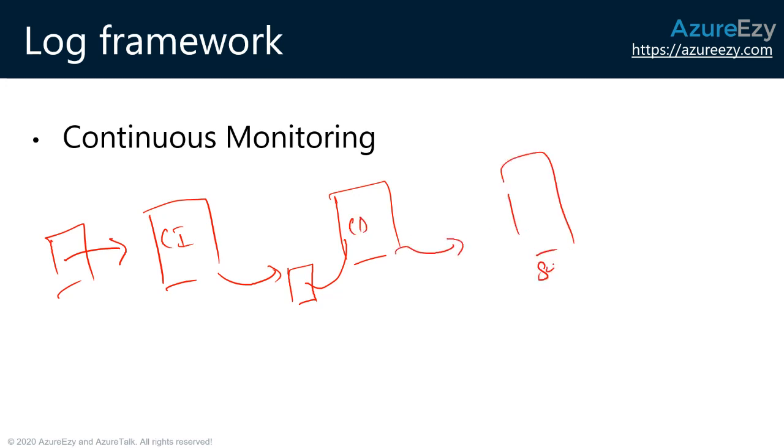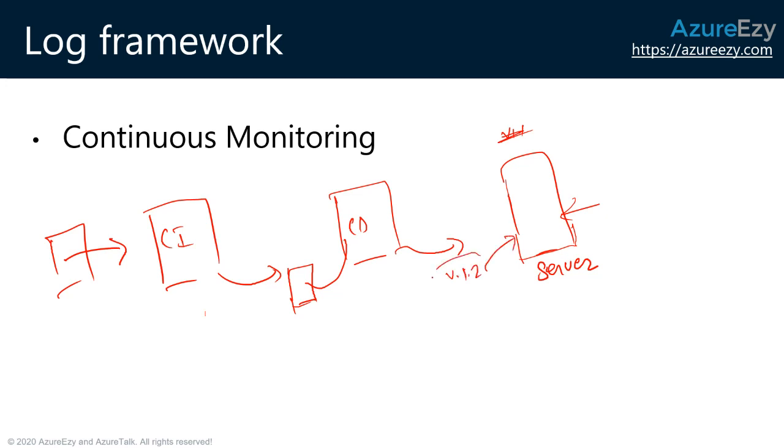Suppose this is your server. But this is not the end of the cycle. Once you deploy this to the server, you definitely have to know how this server is doing with these updates. Suppose earlier it was version 1.1 or maybe nothing, and then you deployed version 1.2,